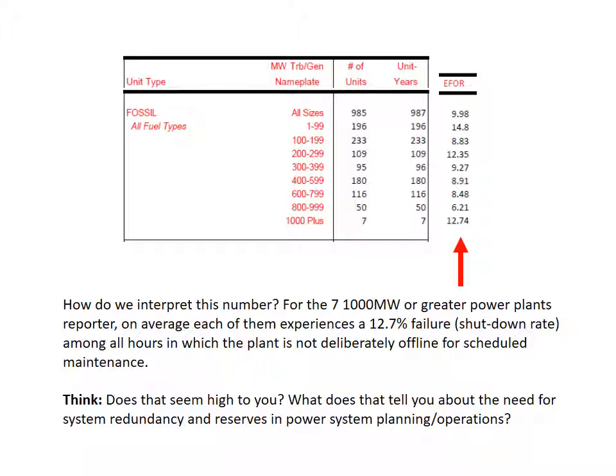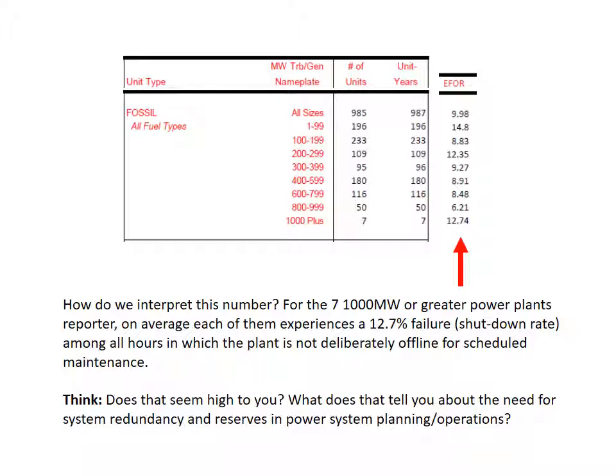And so across all sizes, it looks like about a 10% failure rate. And what that means is that, for example, in the last category, for the really big fossil fuel power plants greater than 1,000 megawatts, we have 7 of those units reported. On average, each of them experiences a 12%, 13% failure rate among all hours in which the plant is not deliberately offline, right? So that means that for every 100 hours that the plant wants to be on, about 12 of those, the plant is forced offline,